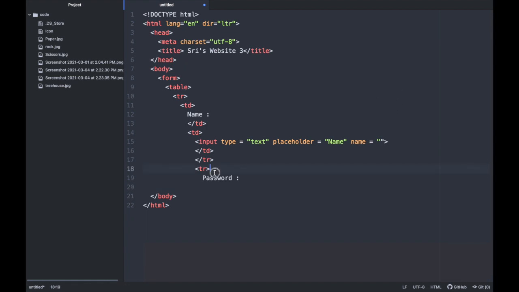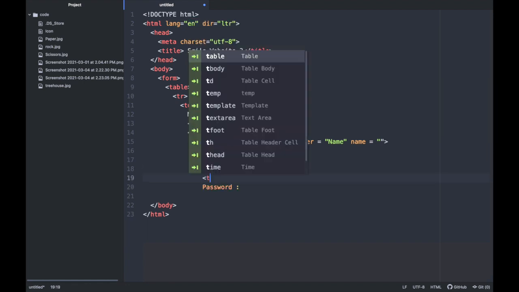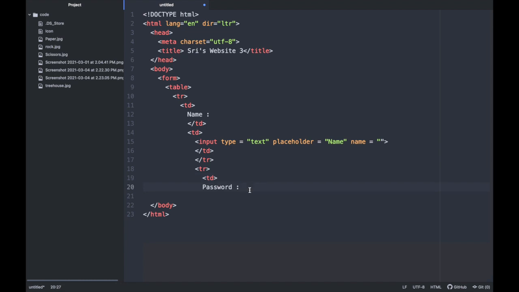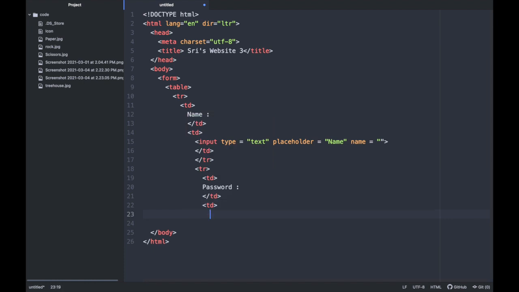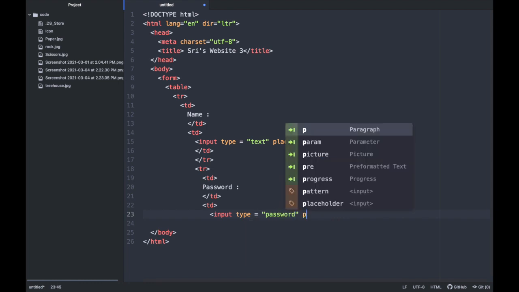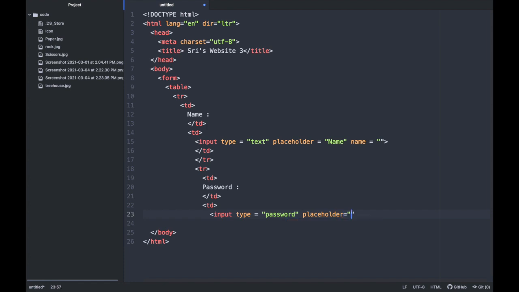and make sure you do not forget your TD. Your TD is very important. And now you can enter and close your TD, and enter and start a new TD, and then right after the new TD, you want to give your input type. My input type is going to be password, so input type as password, and then it's going to be placeholder. You don't have to give the placeholder, but I like to give the placeholder